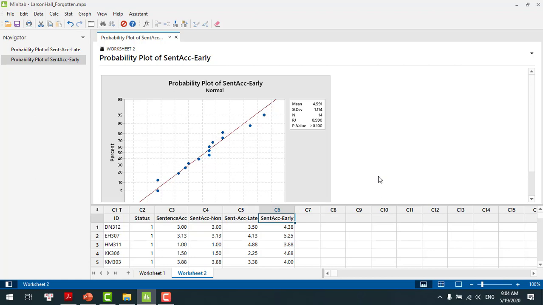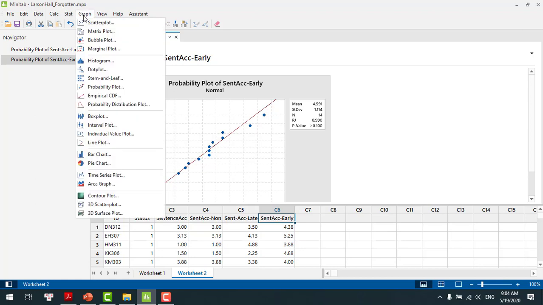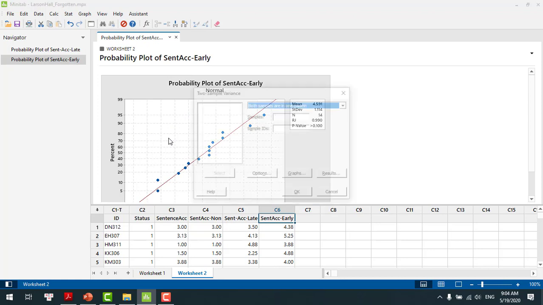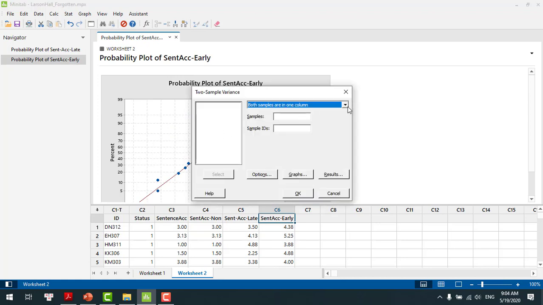The second condition is that they have to meet equal variances. So let's check that. We're going to go to Stat, Basic Statistics, and down to two variances. We're going to compare the two variances. In this case, we have each sample in its own column, and we're going to compare the late with the early group. We click OK,